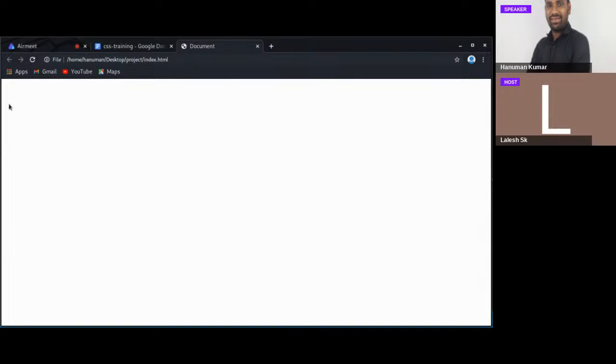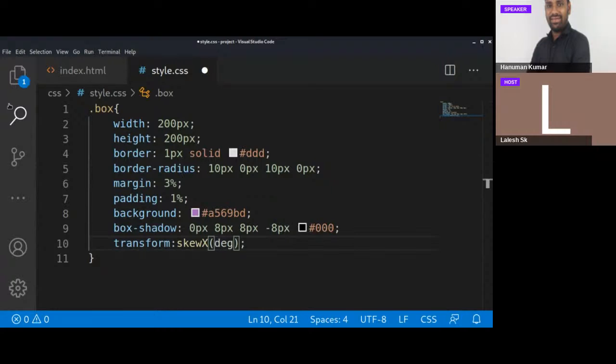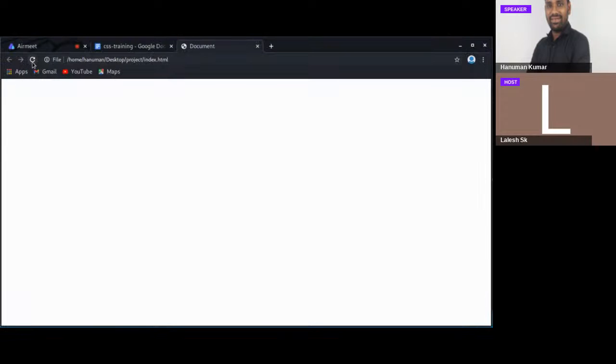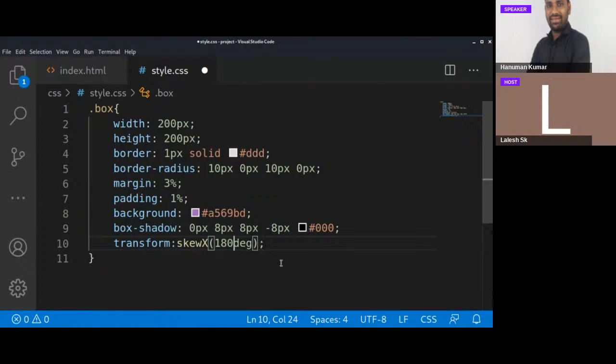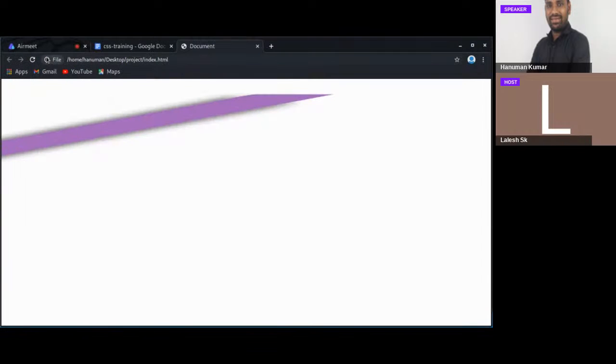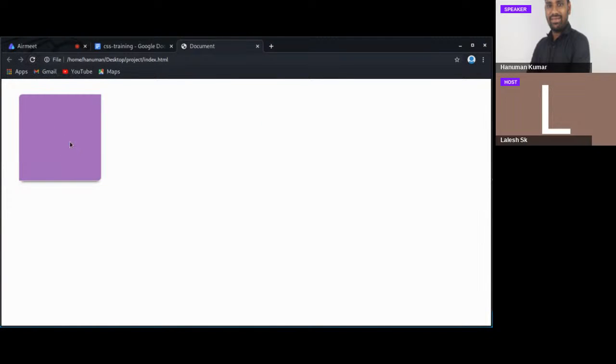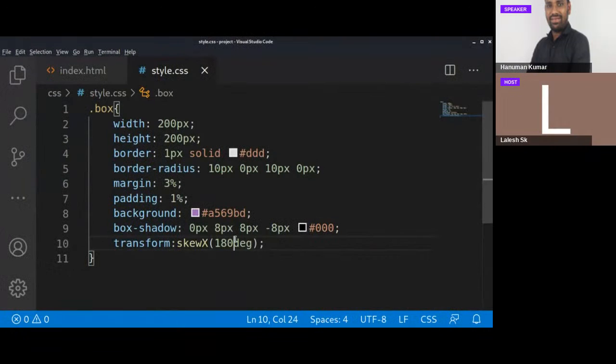Skewing means we are rotating in a cubical manner. So when we use 90 degrees, it is not possible to show an element. Similarly, when we use 100 degrees, the angle may change, so then we can observe the element. So we are just skewing. And similarly, when we use 180 degrees, yes, this is clear because it is just rotating. 180 means we have only that. And when we use 300,